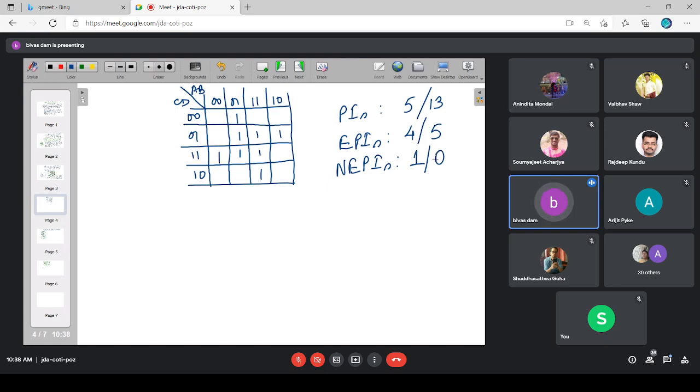Okay, I'll start with Shuddha. What should be the starting point? Sir, the starting point is we have to check for a possibility of a group of 16 cells or not. Is it a possibility? No, sir. Then 8. Is it a possibility? No, sir. Then 4. Is there any possibility? Yes, sir.